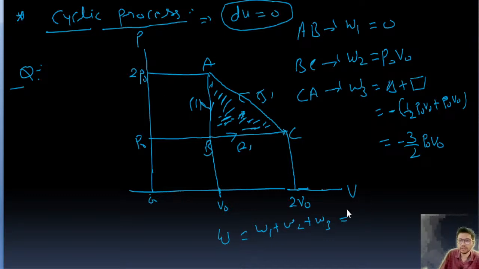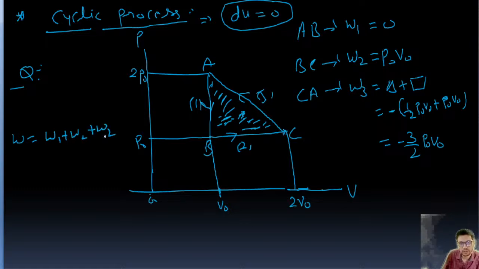W1 is 0, plus W2 is P naught V naught, and W3 is minus 3 by 2 P naught V naught. So the total work done is going to be